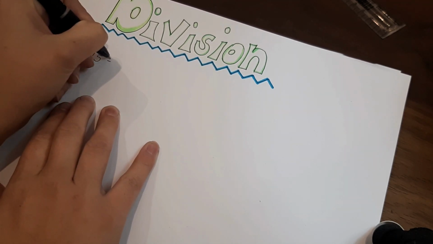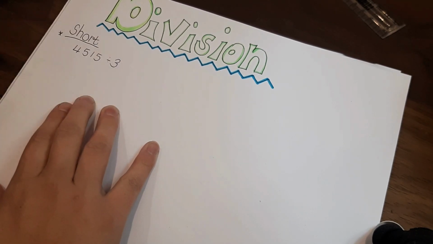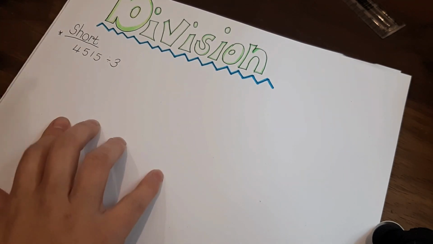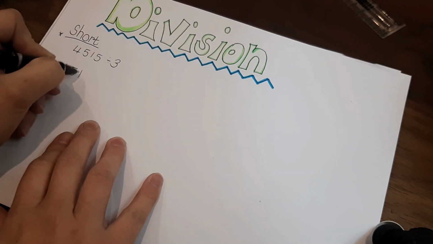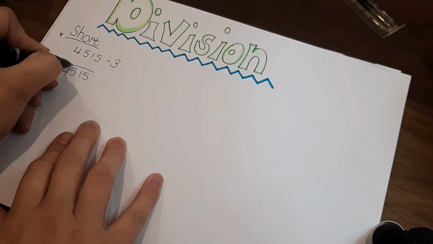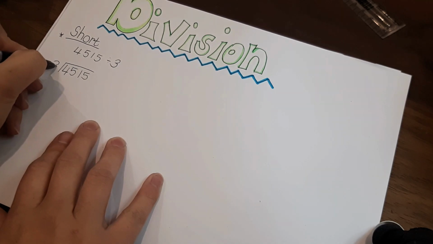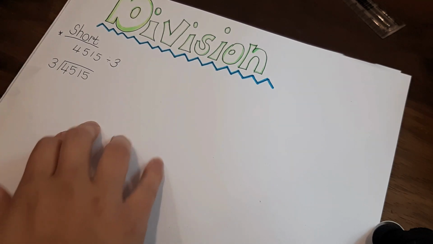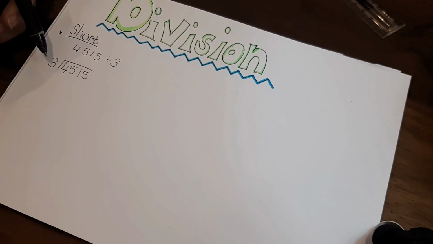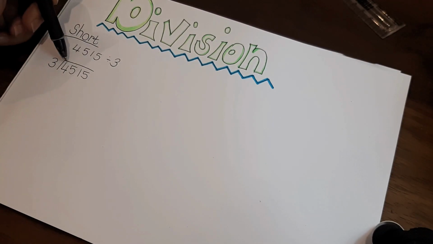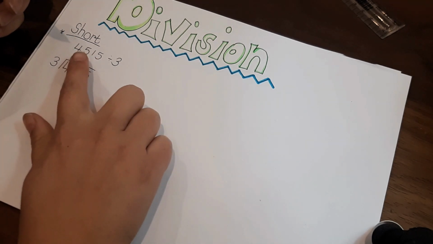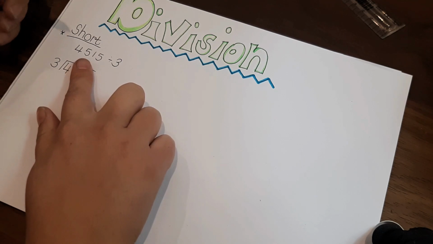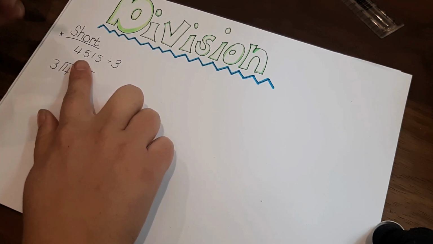4,515 divided by 3. Okay, so 4,515 divided by 3. Okay, so guys, you are basically going to divide 3 separately into the 4, the 5, the 1 and the 5. And if there's any remainder, you're just going to carry them over. Okay, so I like to close the rest of the digits, so it's easier just to focus on one thing